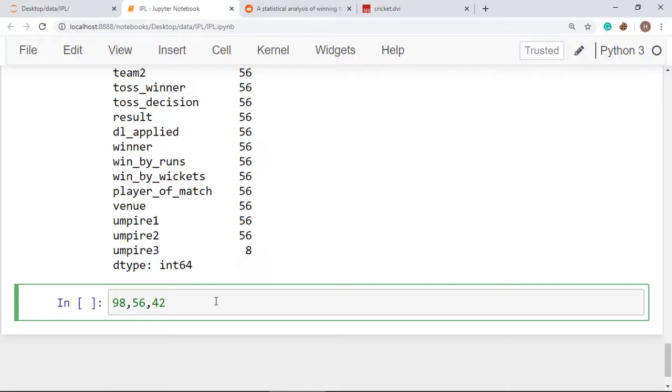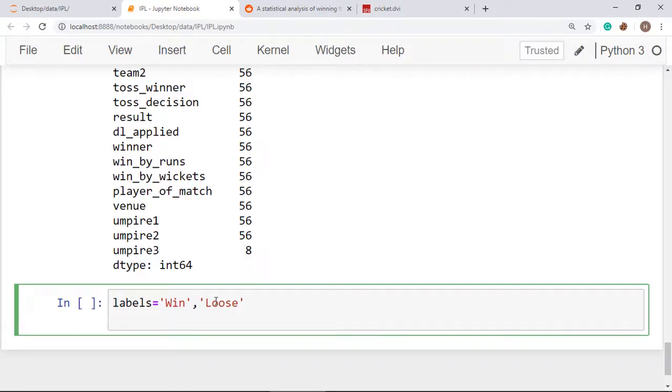So let's create a list here. So I am going to put labels like, so create a label. Labels is equal to, and I am creating a label like win and another one as lose. All right. So here I am going to put the sizes, and sizes is what?